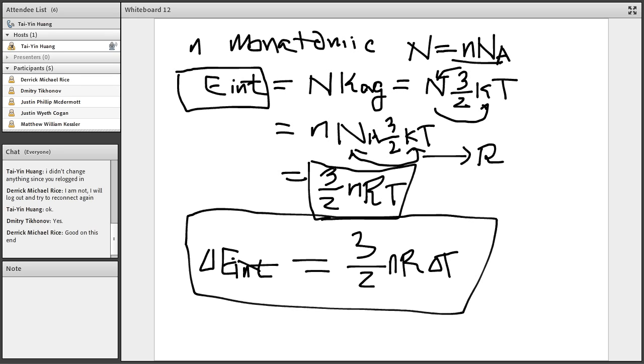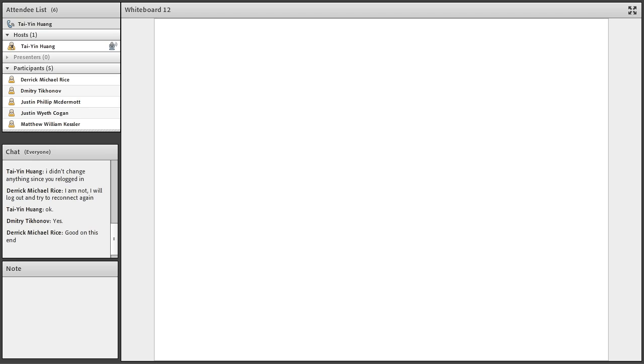So for your temperature, how you get from point i to point f in order to get the temperature difference doesn't really matter. So long as you have the same temperature change delta T, the internal energy change will stay the same. Okay, so that's that. The next thing we want to know is, given that the internal energy only depends on temperature, and the average kinetic energy only depends on temperature as well,